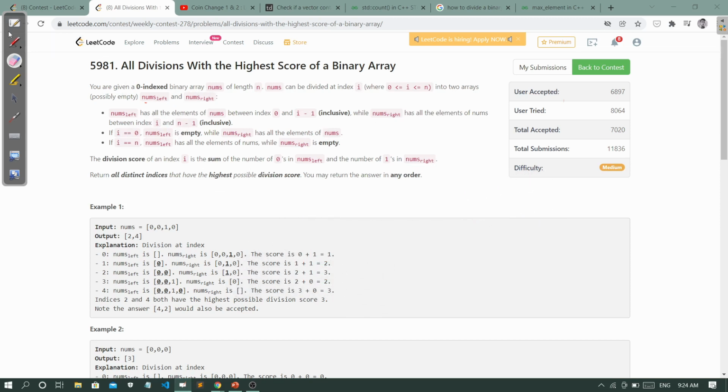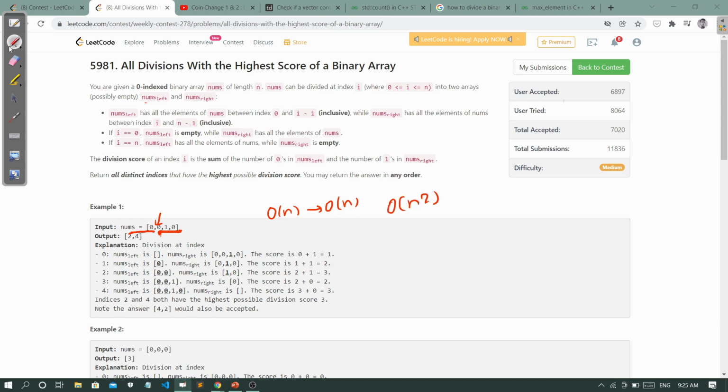Okay, so I hope you understand the problem statement. Let's try to understand how to approach this problem. The first approach is that if we have been given an array, then for any particular index, if I want to know how many zeros occur in the left or how many ones occur in the right, then for every index we check this left portion and this right portion. So for every index we run a loop n times, so the overall time complexity is O(n).